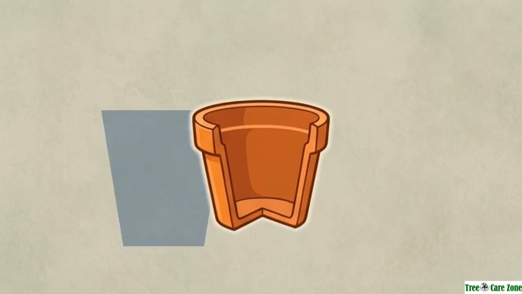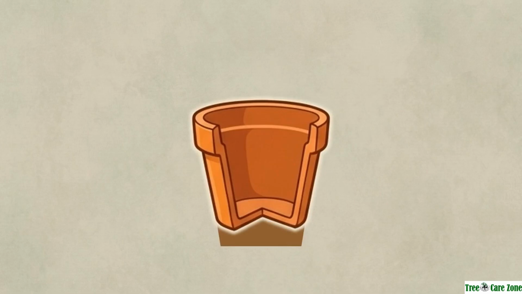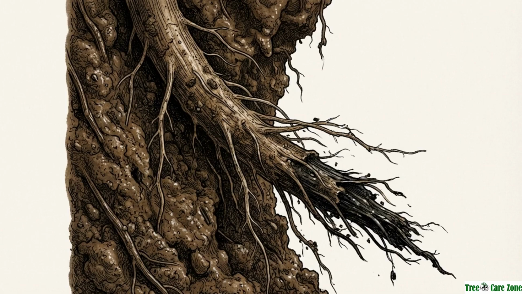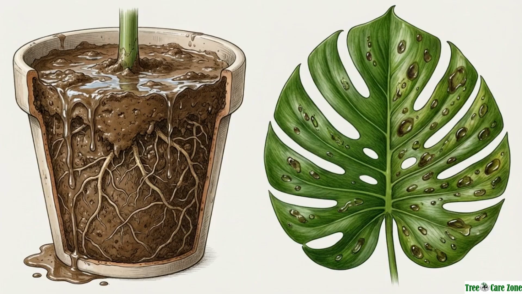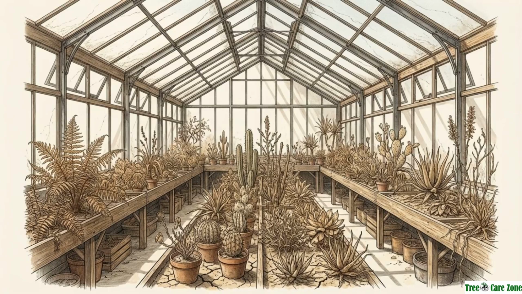To save it, trim the decayed roots and repot in fresh, porous soil, restoring essential air pockets. Overwatering creates a physical barrier to oxygen, effectively drowning the plant from the bottom up. While leaf spot and root rot rely on heavy moisture, other diseases exploit the exact opposite conditions: warm, dry environments